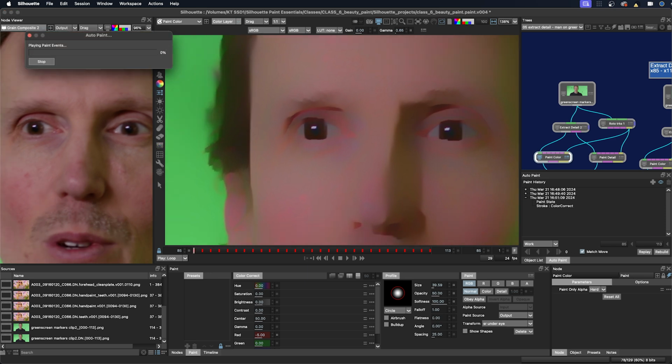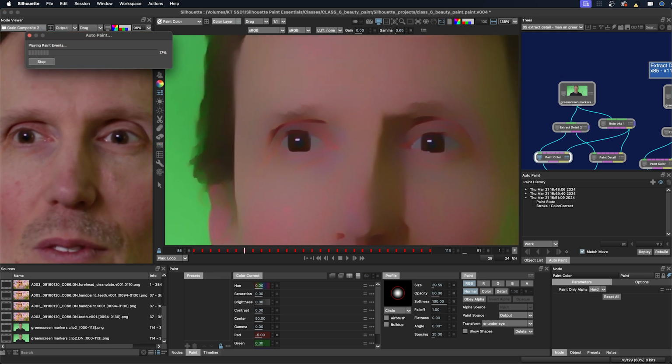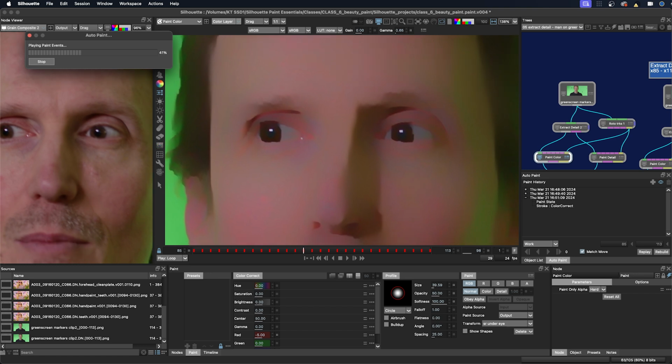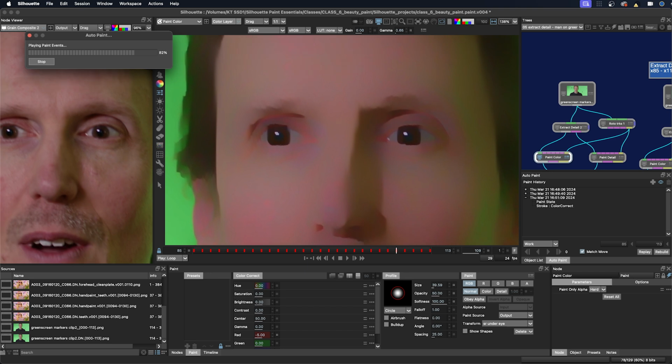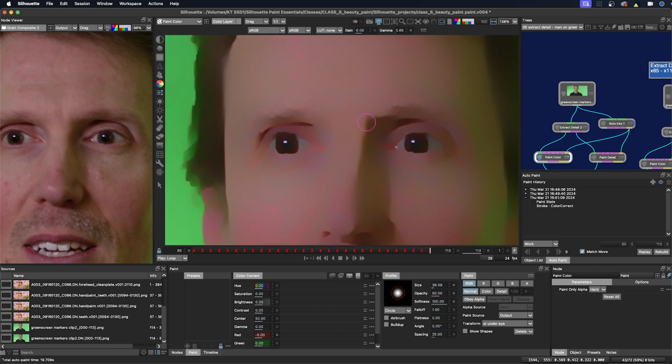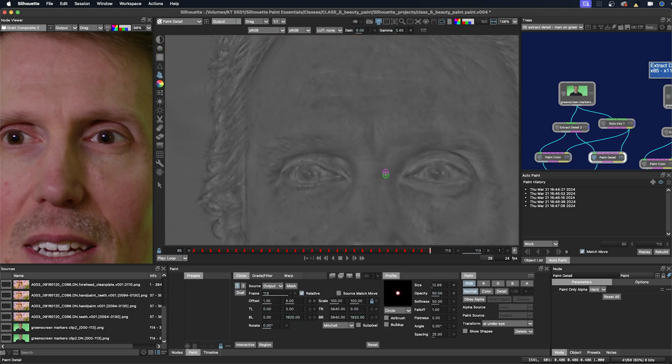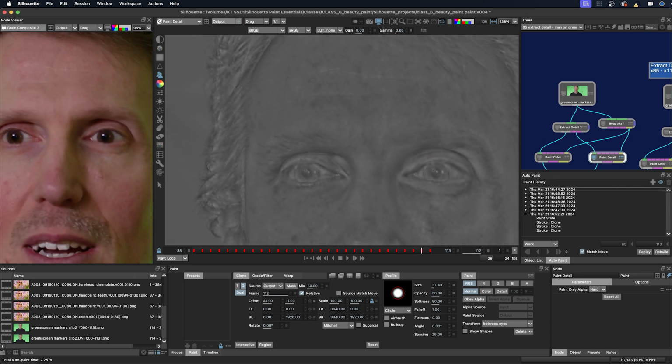It's so easy making these micro adjustments. If I was using the clone tool in the normal mode in the paint node, I wouldn't be able to get these results. So I can just affect the color here, and the detail and the skin texture stays the same. And then lastly, we'll just work on this little wrinkle between the forehead. We'll go back to the detail layer. And I'll make sure that I'm selected on between the eyes. And actually I'm going to use probably a dual clone stroke here. So it's already looking better.